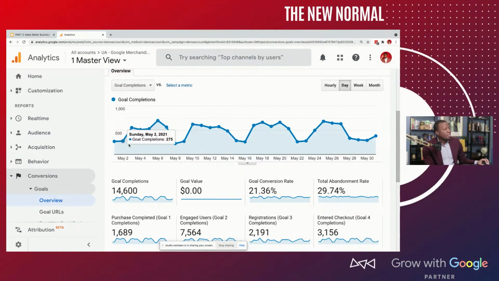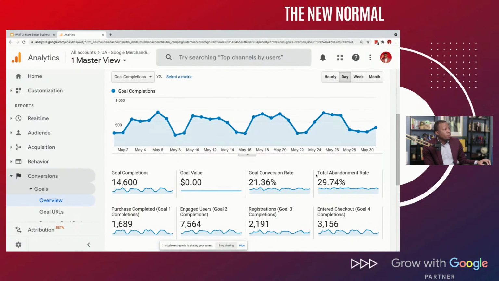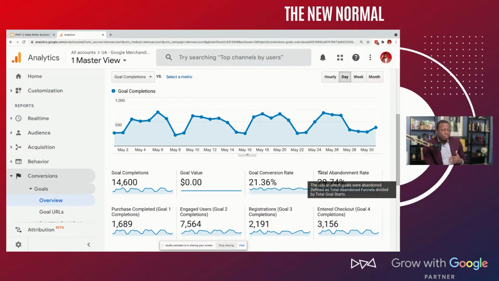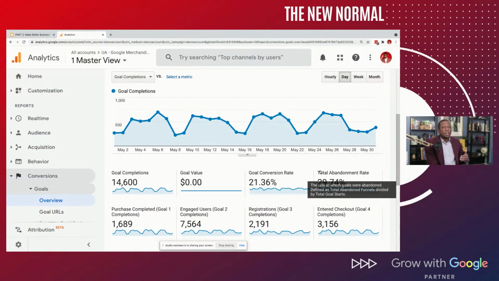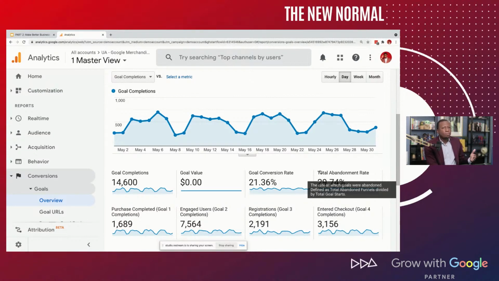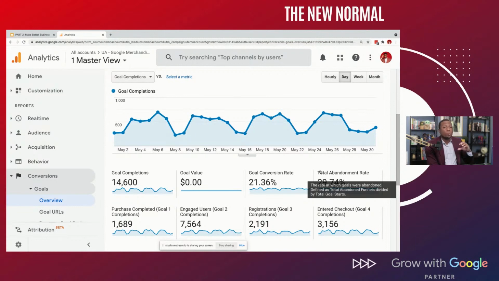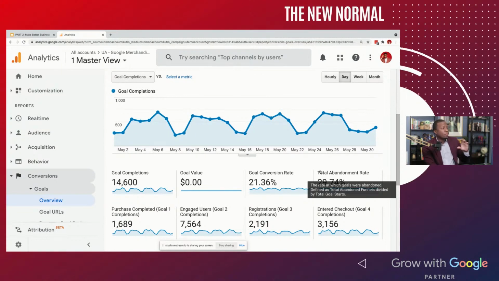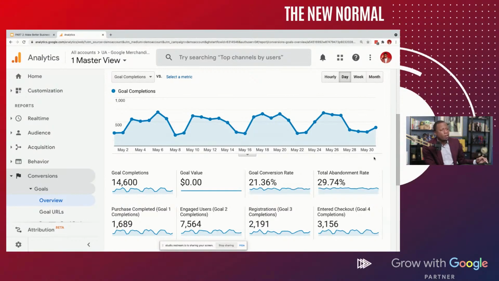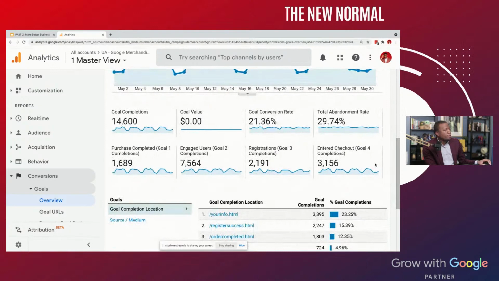The next thing is the abandonment rate. Once again, that's when people start to fill out the form for service and then stop. You want to keep an eye on that, because if people are starting to buy something on your website or starting to fill out an email and then they stop, maybe you're asking too many questions on your forms, or something about it is throwing them off. So you want to keep a good eye on how people are abandoning your shopping cart or your email as well.